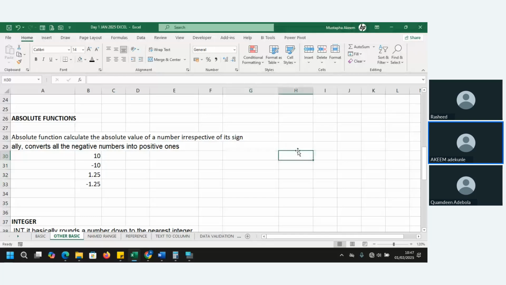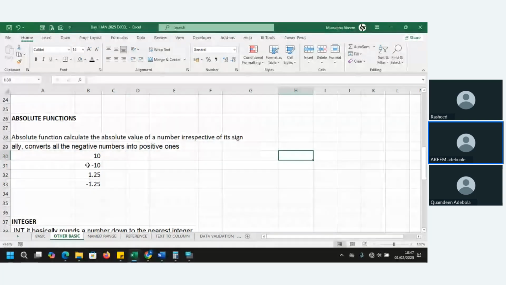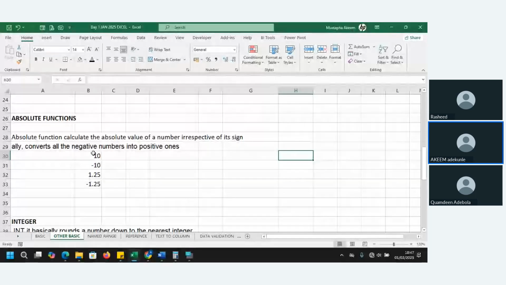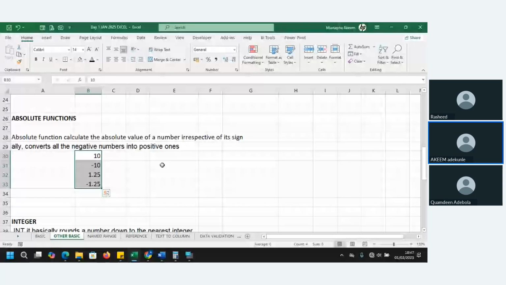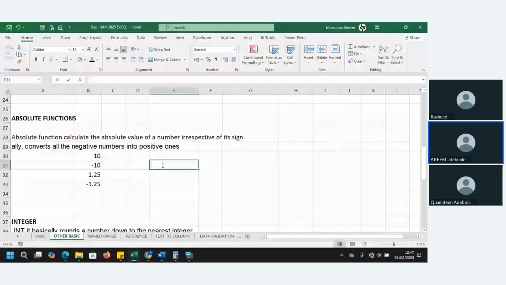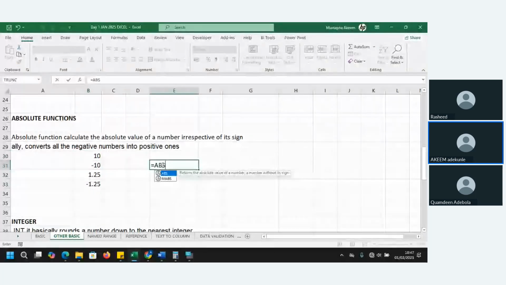Before you can square it, you need to remove that minus. To get your numbers from negative to positive, you use the absolute function, ABS. It converts all negative to positive, and it doesn't change the positive value.